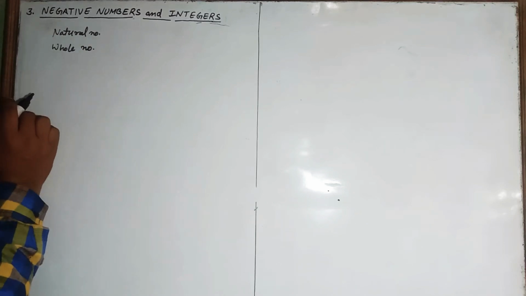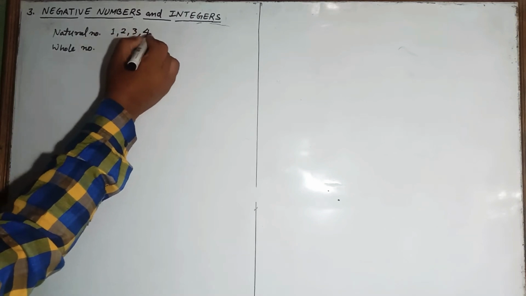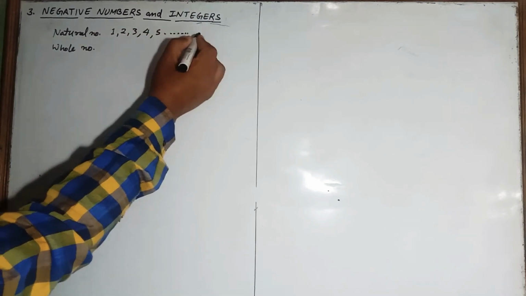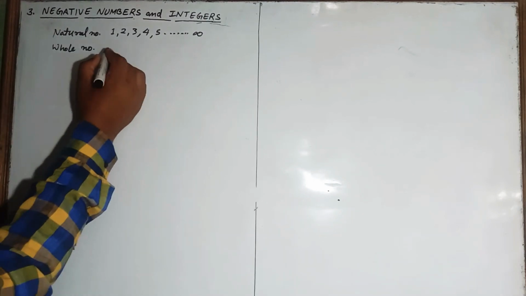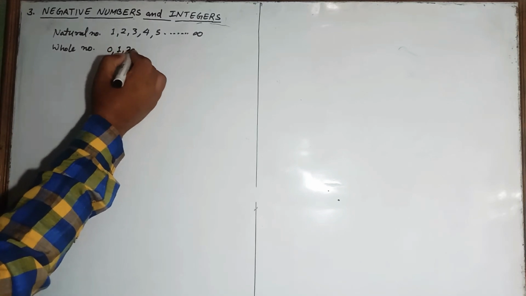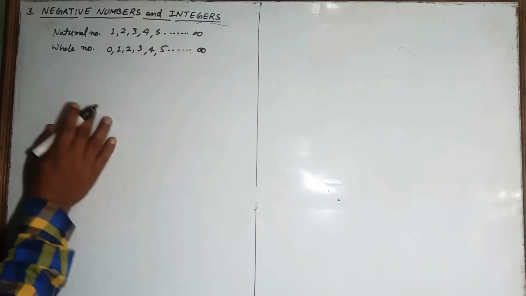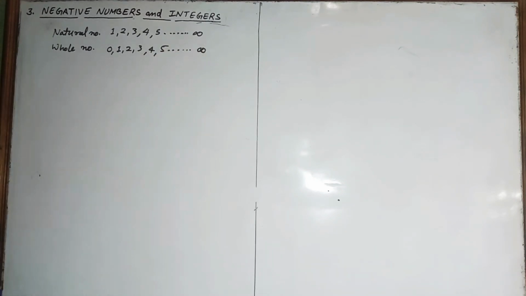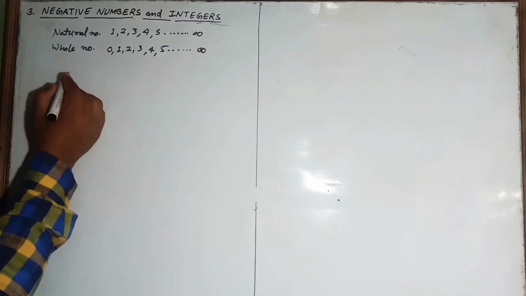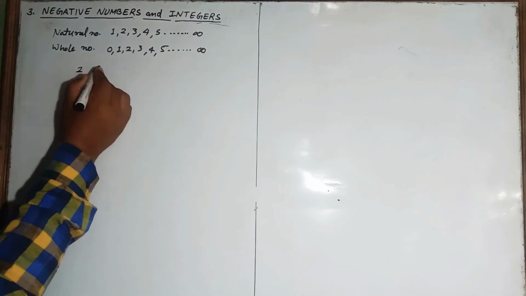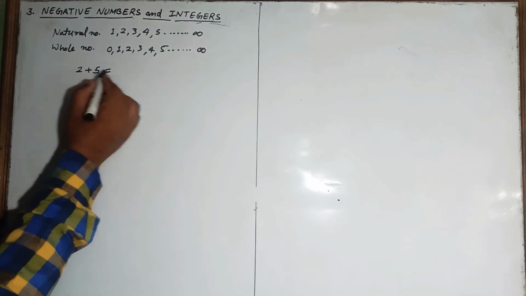See, natural numbers, as you all know, are all the counting numbers, that are 1, 2, 3, 4, 5 and so on up to infinity. And whole numbers: if we include 0 in the natural number set, then it will become the whole number set, that is 0, 1, 2, 3, 4, 5 and so on up to infinity. So now you know that under the closure property of whole numbers, we read that if two whole numbers, like 2 and 5, are added, then it will always give 5 plus 2, 7.